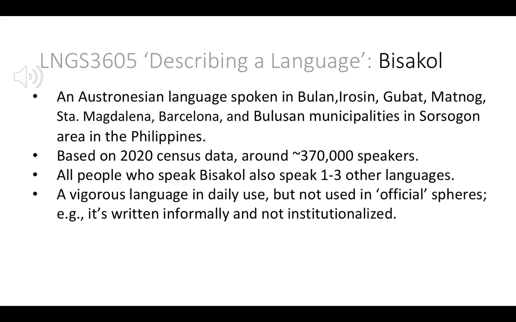These other languages are usually Filipino or what we call Tagalog, which is being taught from primary school and is also the language used in public television. Therefore, kids at an early stage also speak Tagalog. English is also taught in schools and widely known.